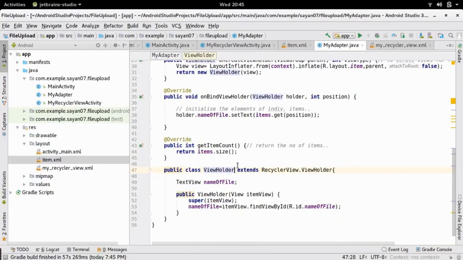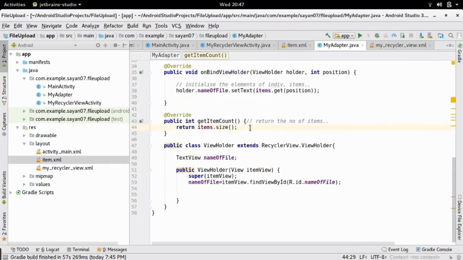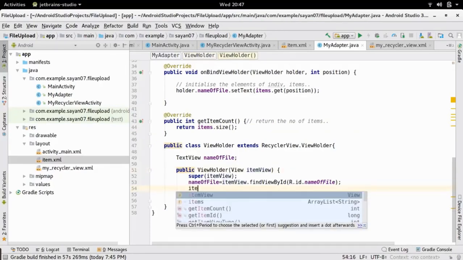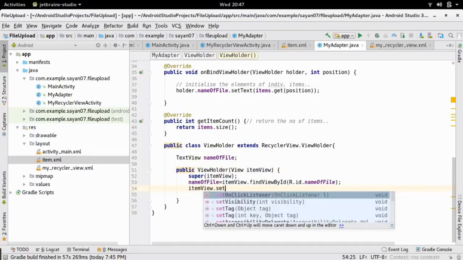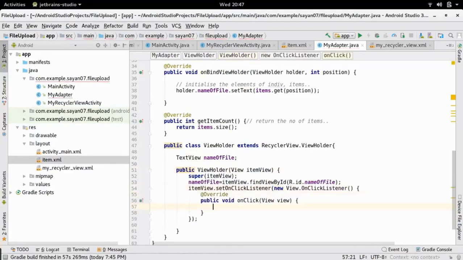Now within this adapter only we need to do what will happen when you click a particular recycler view item. Okay, so to do it, move to the inner constructor of this ViewHolder class and use this itemView object to attach an onClick listener. Okay, override the OnClickListener interface, and basically we are going to do here what will happen when you click on individual item view, and this itemView represents individual list items. Okay,